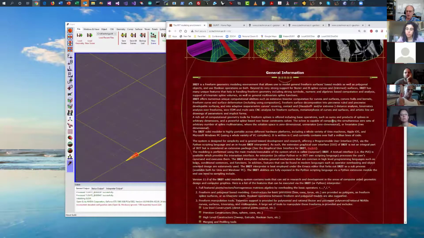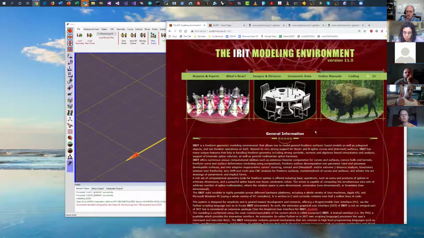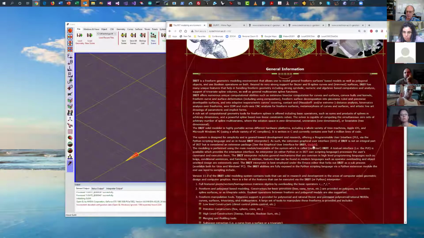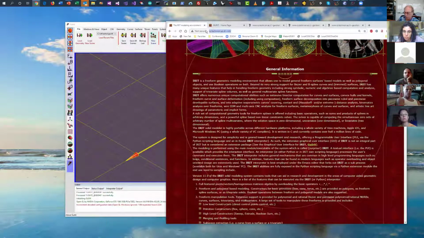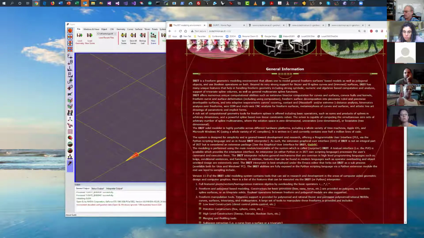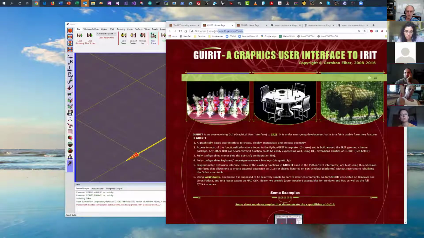But we are going to use the GUI, which is around 15 lines down the website. You will see Guirit, which is the GUI, the graphical user interface of Irit. So this is the first website you want to watch. And I'm just sending it to you as well. If I click on this, this is the last website we want to visit, this is the GUI, the graphical user interface of